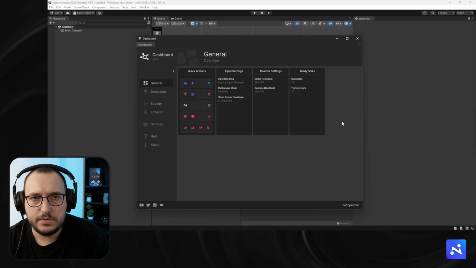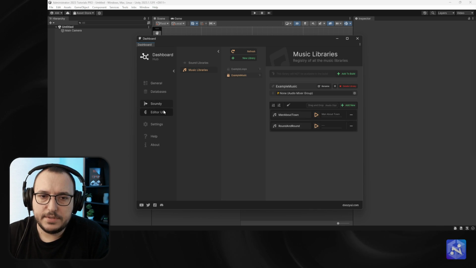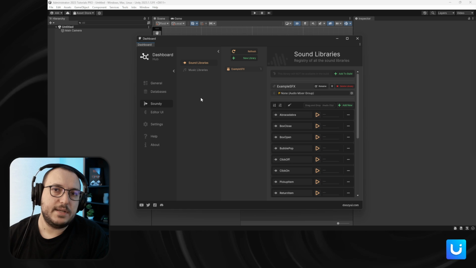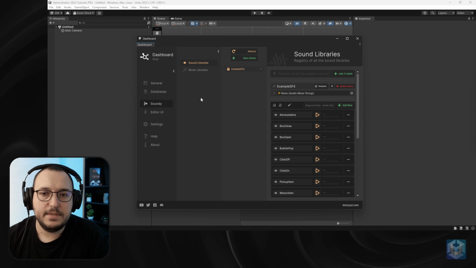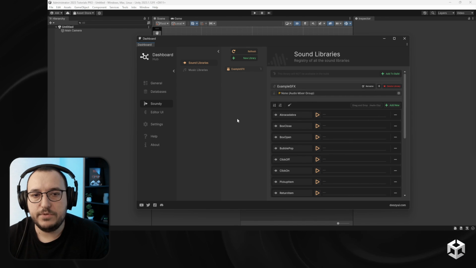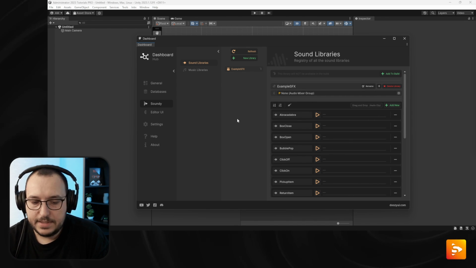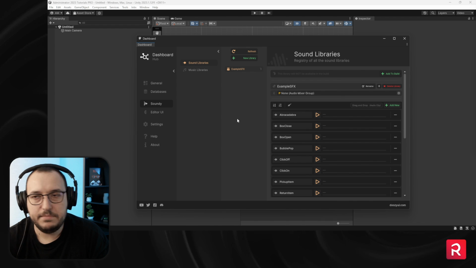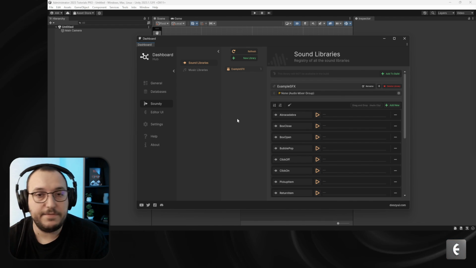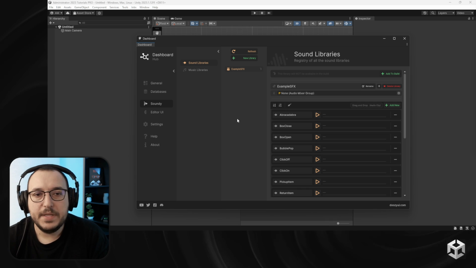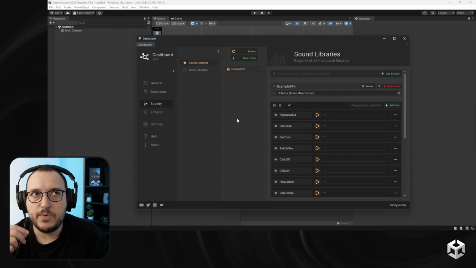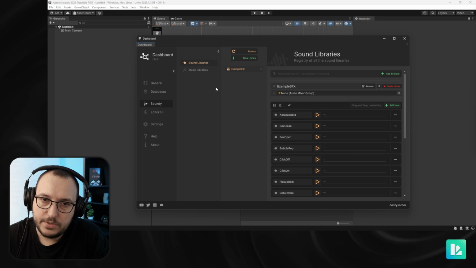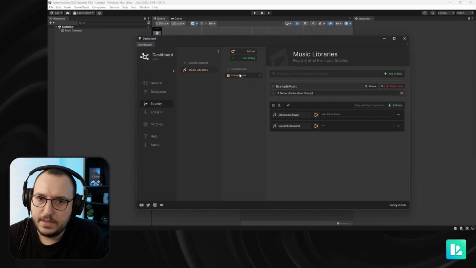So when you install Soundy, you have the option to select Soundy right here, and here you have sound libraries and music libraries. Basically, these are two databases, one for sounds and one for music. Why do you need that? Well, let's say you have your sound effects that usually are played a single time. Let's say a click or a gunfire or maybe an item pickup. And for music, you will want to have longer sound effects, either loops, and you also have the options to set loops here. So example loops,